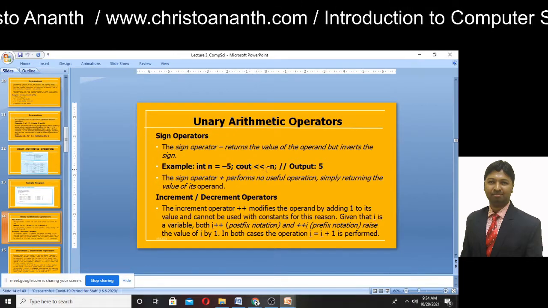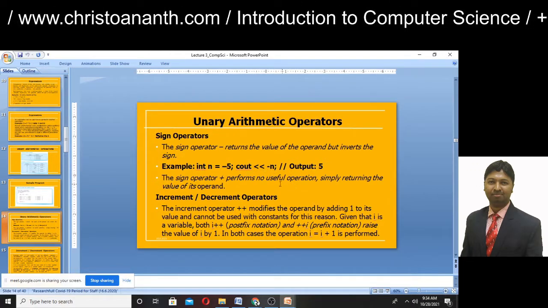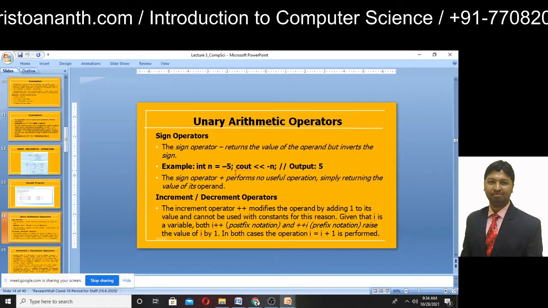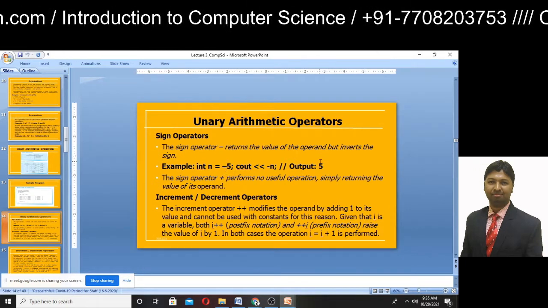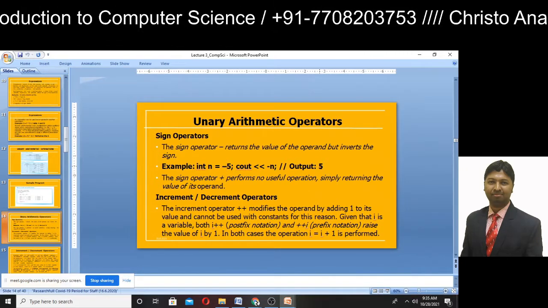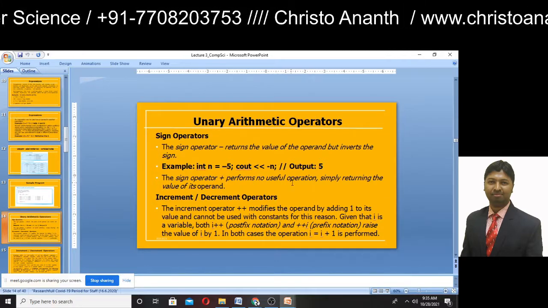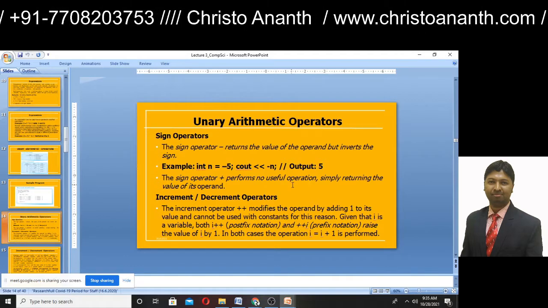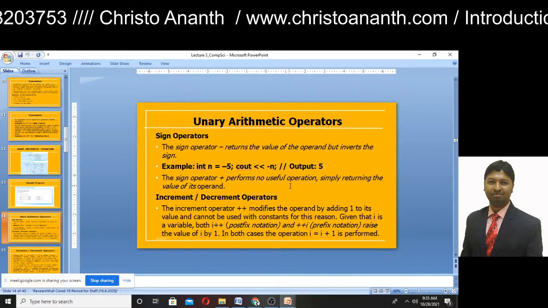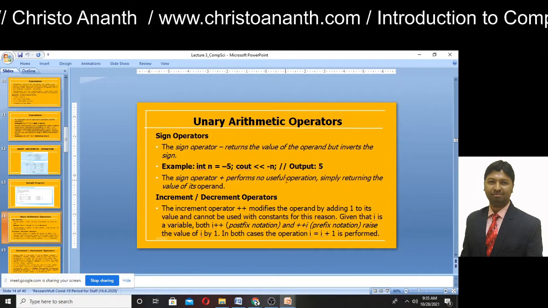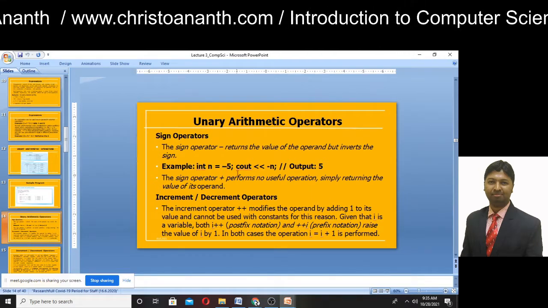If you are giving -n, it means minus of minus 5, so the output is actually plus 5. The sign operator plus performs no useful operation. For example, +9 or +11 is actually 9 or 11.